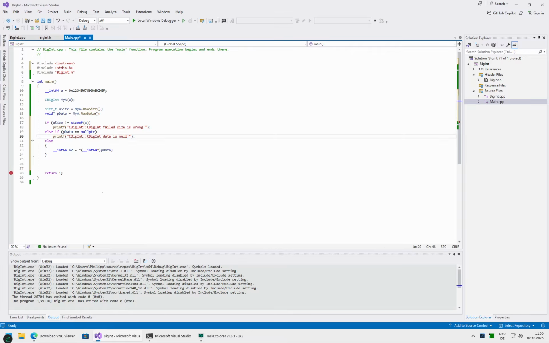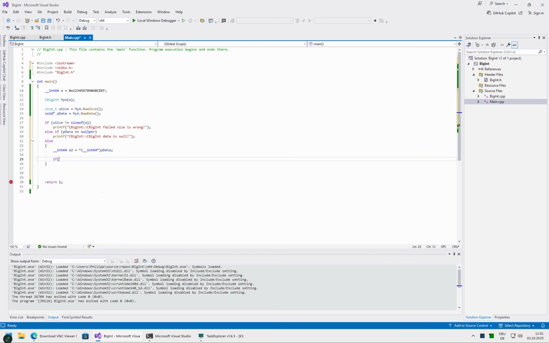data is null. So we have already captured two mistakes, and now when we know the size is correct and we know that data are valid, that is more or less as much as we can test. The data could still be a non-null variable pointing to an invalid memory address, but that we won't be able to easily test. So we make here our test case, we make the assignment and the dereferentiation, and now we